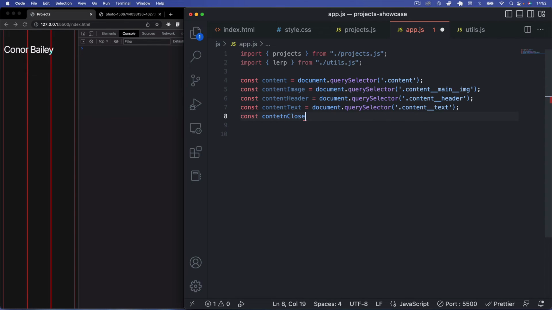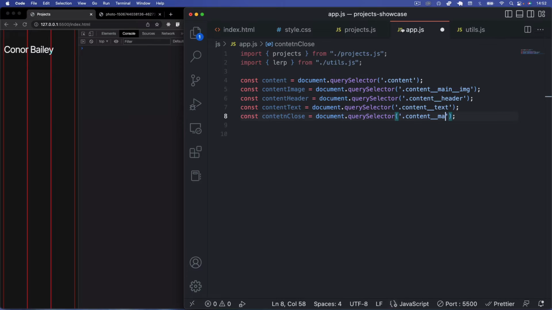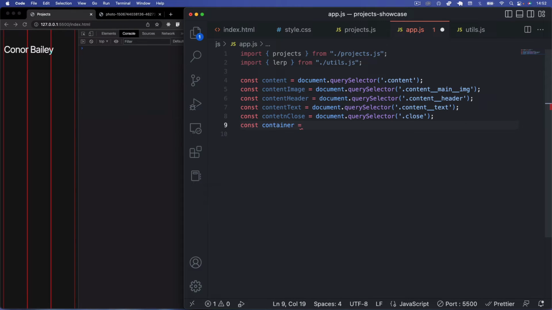and then we'll say const contentClose is going to equal document.querySelector, and I think we set that to close, didn't we? Yeah, close here. So when we click on this content close button, we'll just say close like so. Okay, so that's it. Also, we also want to select our container as well, so const container equals document.querySelector container,